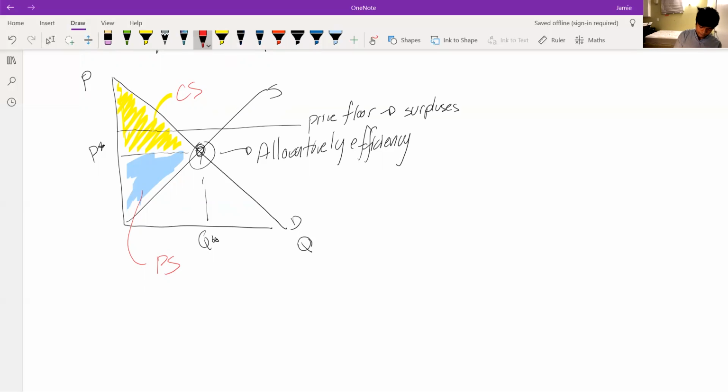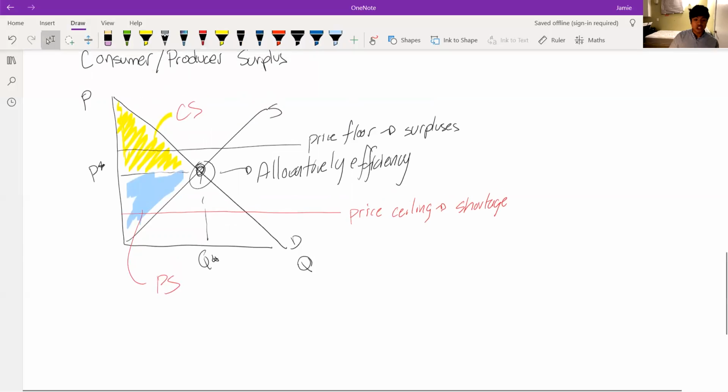Conversely, a price ceiling would be the exact opposite. The price ceiling is set below the equilibrium price, and this is the maximum price charged in the market. This creates a shortage. Because now that the price is lower than the market equilibrium, more people want to buy that product. Producers don't want to produce as much because it's a lower price now. So you get a shortage. And as a result,